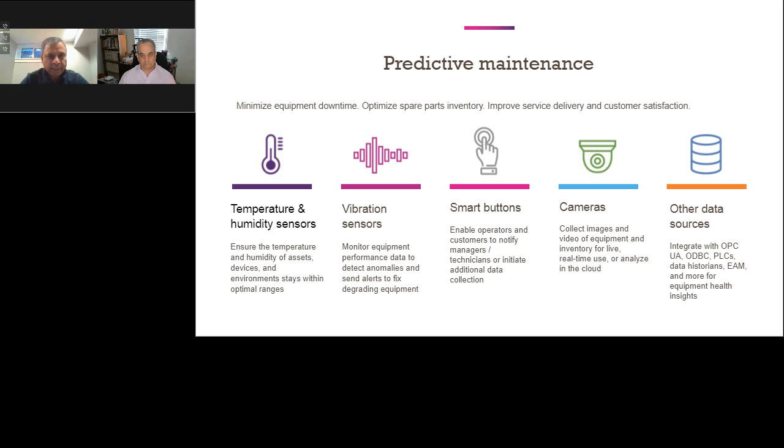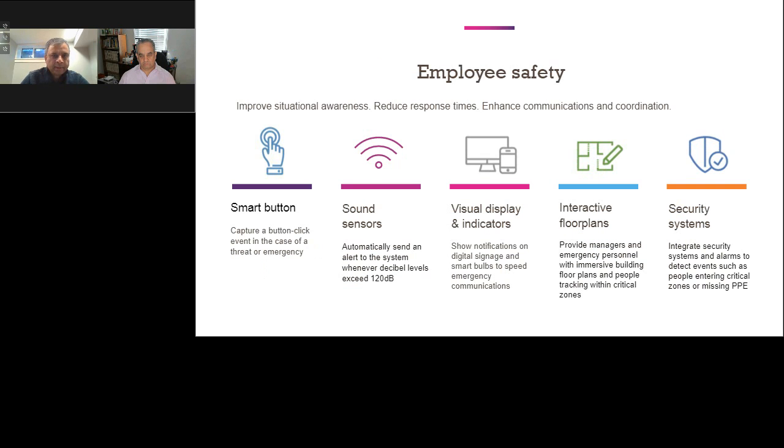Another thing that we have looked at is smart buttons. Whether it's in the hospitality industry or another location, that allows you to send signals based on what needs to be done and take corrective actions. The third scenario where we used it is employee safety. These are just some examples of scenarios that we are doing. We are working, as Yuan said, in healthcare, manufacturing, the energy industry, multiple industries. We are deploying this solution today.